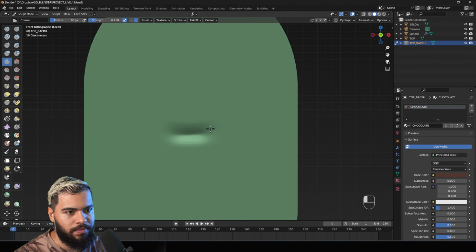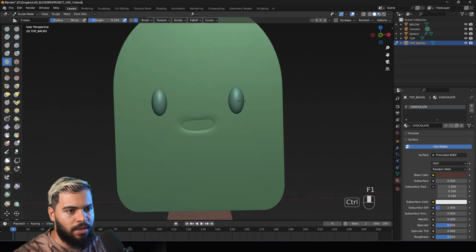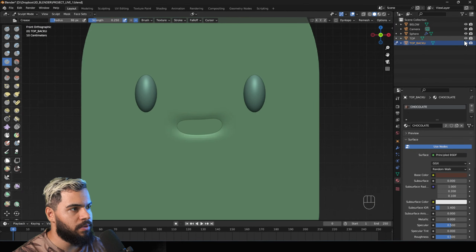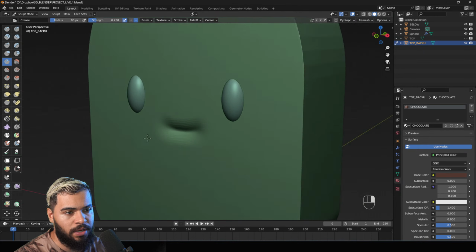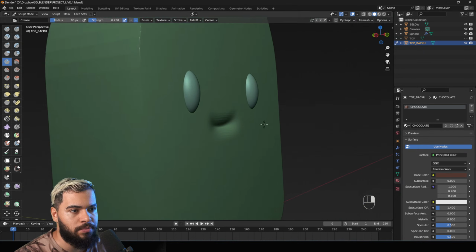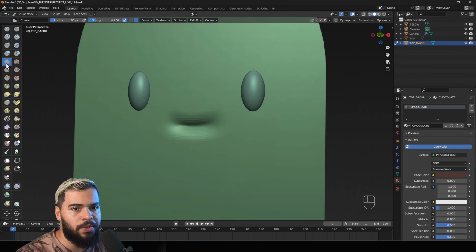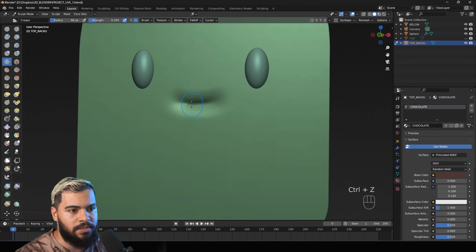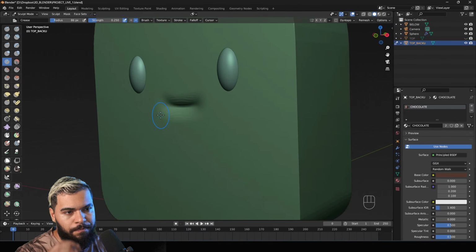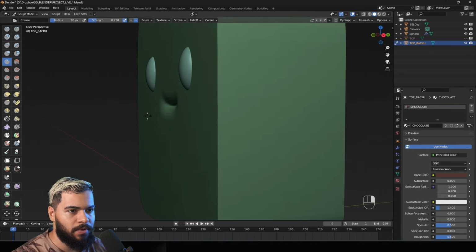I'm adding a mouth. I'll press F1 just to look at the overall shape. Hold on. I'm adding this as a mouth. I know it's horrible, but we are still building. Don't expect to have an awesome result at the beginning. This is the mouth. I'm using the crease. The crease is going to create, guys, a little groove in the middle like this.